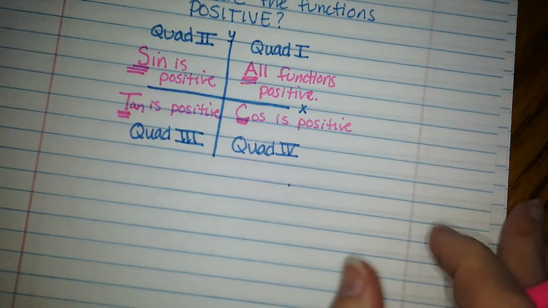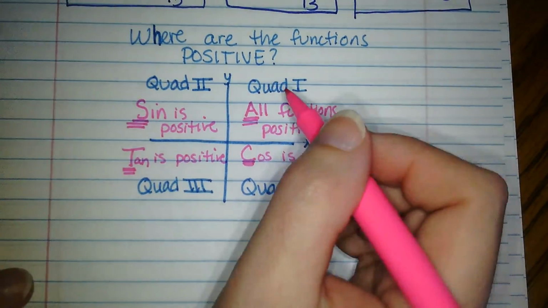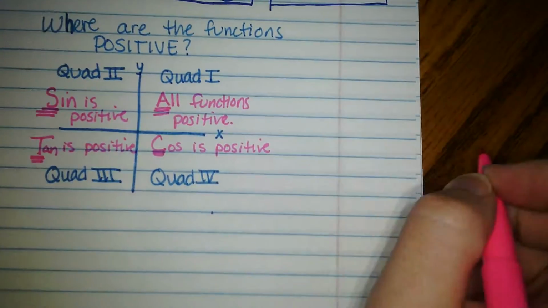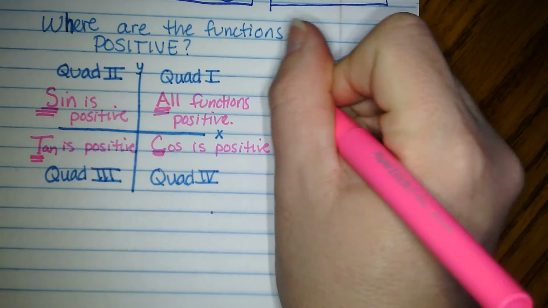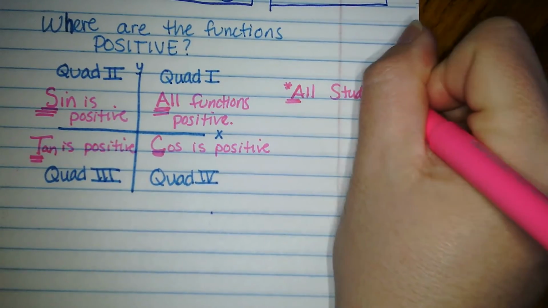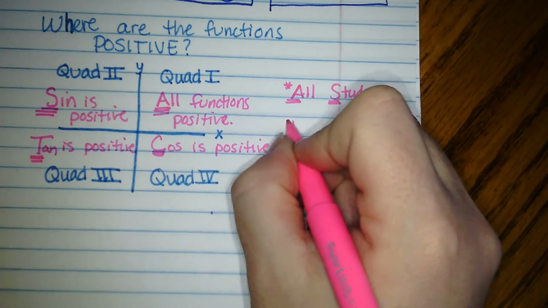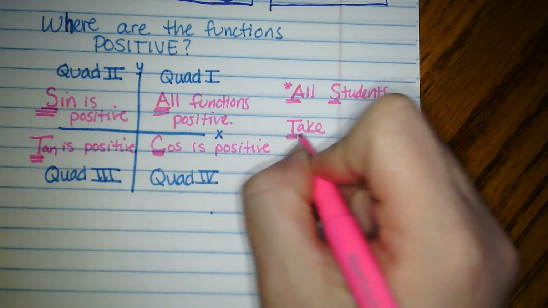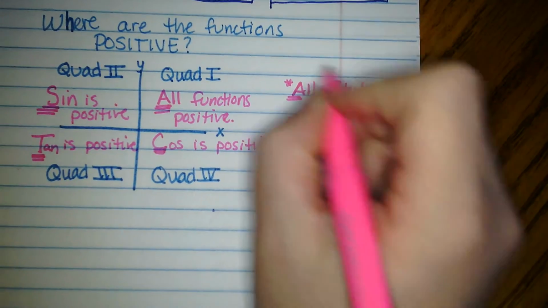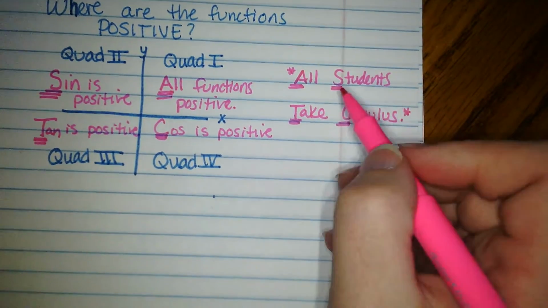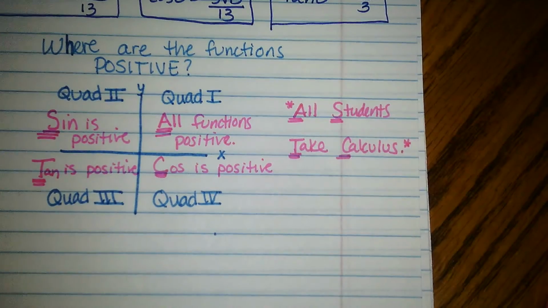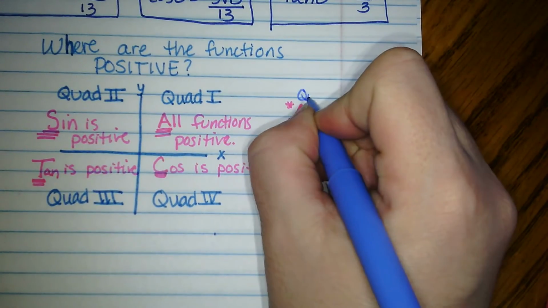Which leads us to this mnemonic. Starting from quadrant 1 and wrapping around like a C, we have all, students, take, calculus. And this little mnemonic reminds us that starting from quadrant 1 and going to quadrant 4, all